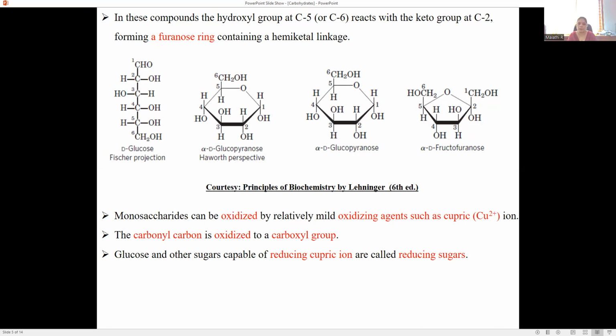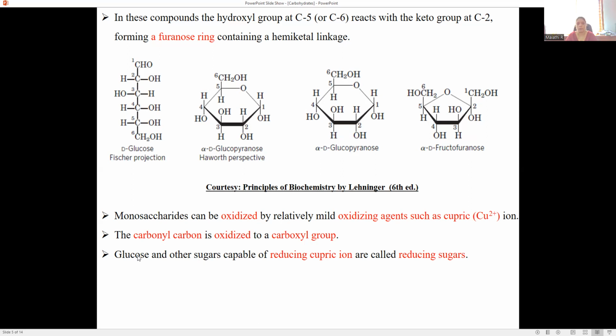In the labs, we used to test for the presence of glucose by adding Benedict's reagent or Fehling's reagent. If you add a little glucose solution, add either Benedict's reagent or Fehling's A and Fehling's B solution, and heat it or keep it in a boiling water bath, you will get a brick red color. That tells you the presence of the reduced copper. If glucose is present, it will convert the copper, which is blue in color, to the form which is brick red in color. So that reduction from blue to red will take place.